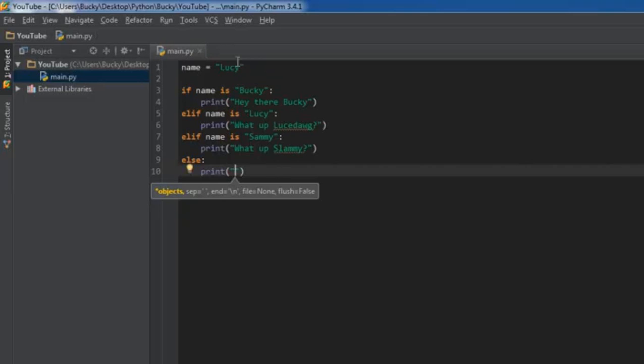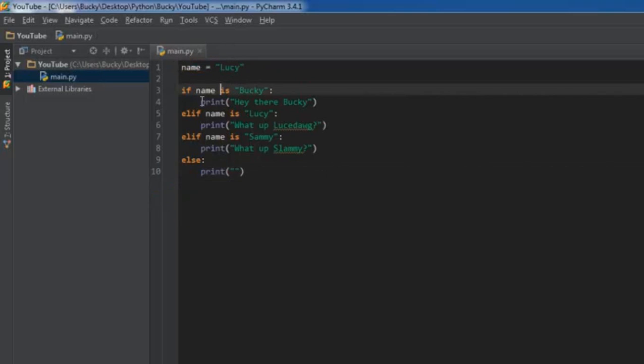We'll say that this is actually a site, and if the user logs in, then we can give them a custom message. And of course, if none of these names are true, then that just means they didn't sign up for the site yet. So, please sign up for the site. So of course, with Lucy, whenever you run it, it's going to give her that custom welcome